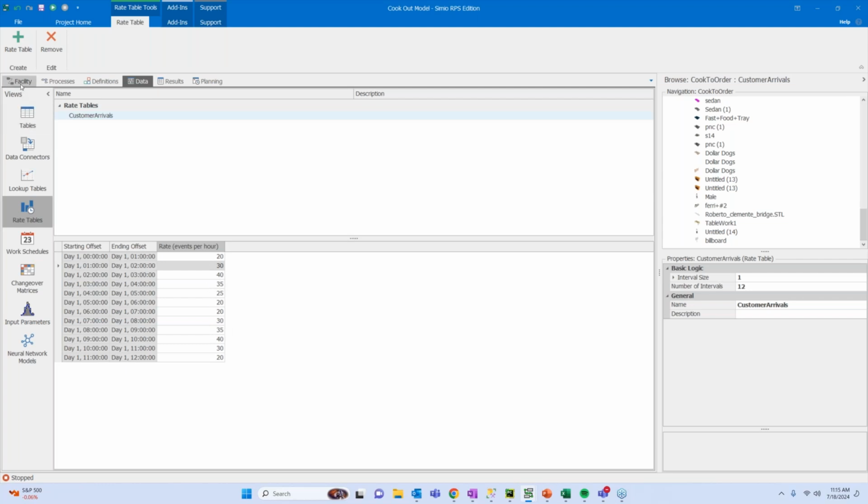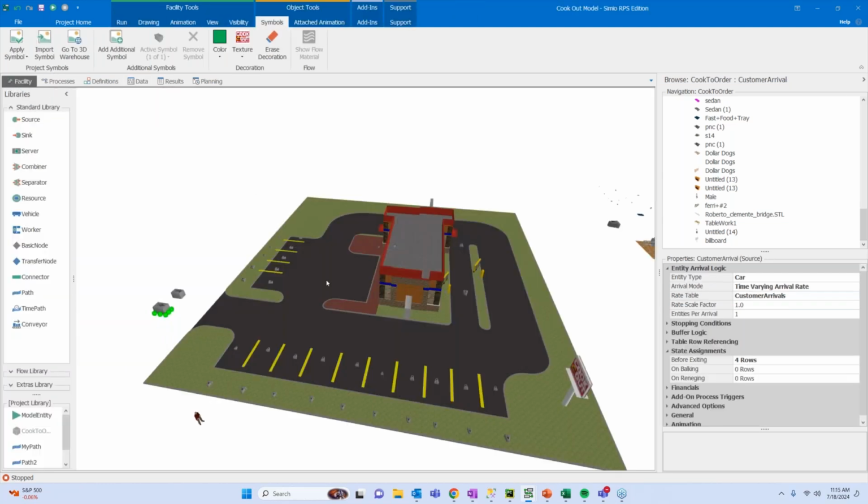So that's how customers arrive, and with a percentage, they're going to be either drive-through or walk-up. When customers arrive, depending which route they take, if they go down the walk-up path, they would enter the parking lot. And really, that's the first piece where we would start to unpack this batching logic.